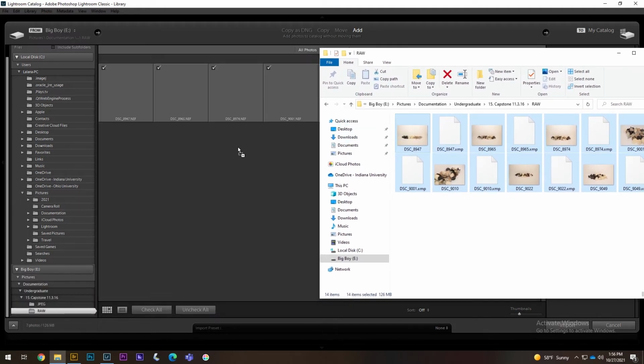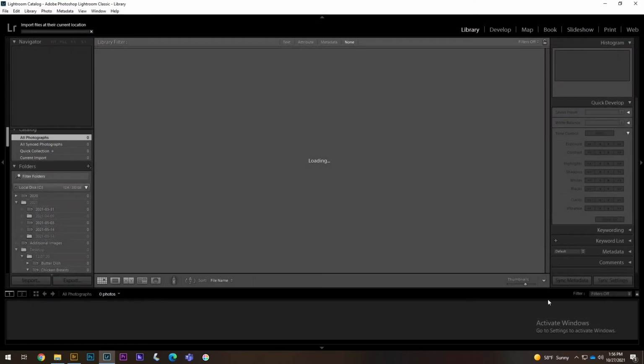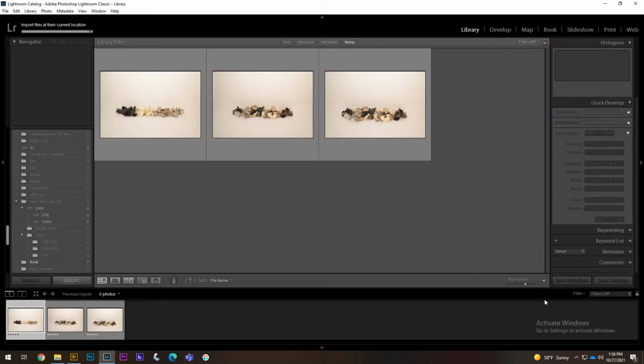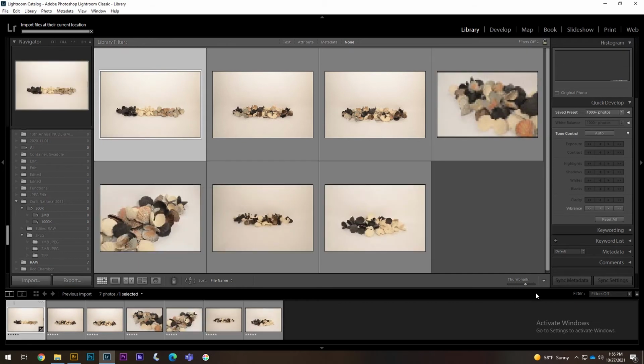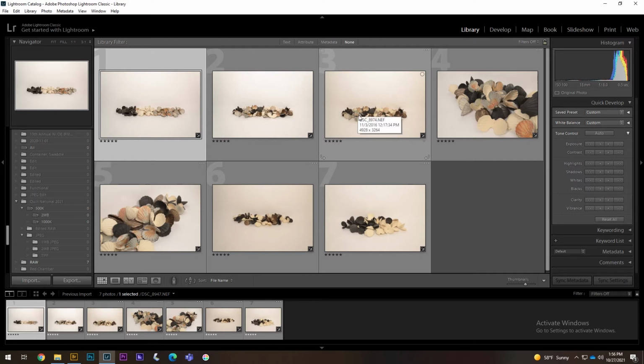So we're going to wait for these to upload, and you'll see how the XMP files are going to be laid on top of the raw files. You'll see that happen in real time. You'll see the white balance adjust and all those edits kick in. So that is great. And then once we're ready to work with them, we go up here to develop, and